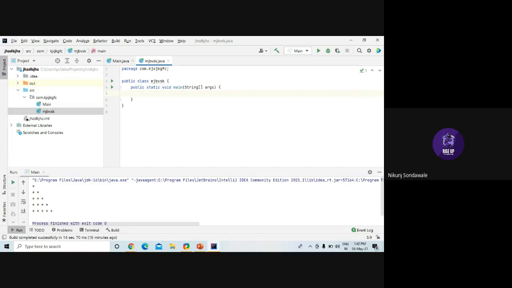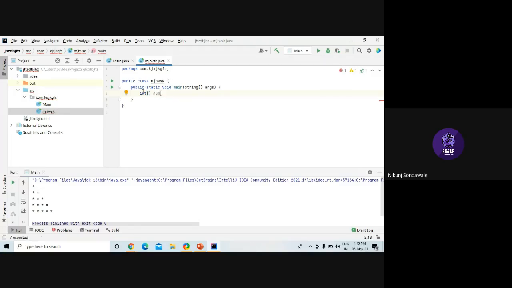Now what we will do is write a program for the break statement. For that, I'll declare one array of integer type, with an array name of num.